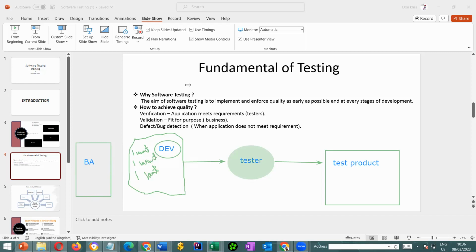A BA will write that and pass it on to the developer. The developer will write all this code and pass it on to a tester. A tester will test this software. We are the heart. So we play a role, and this is the role of a tester. The role of a tester is between